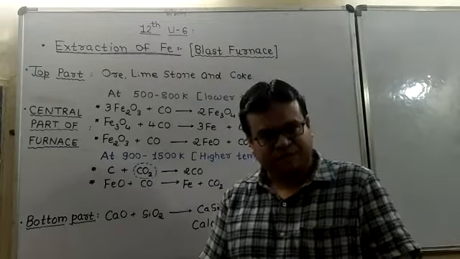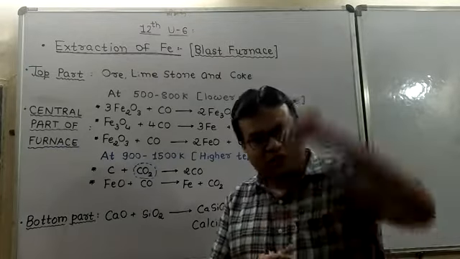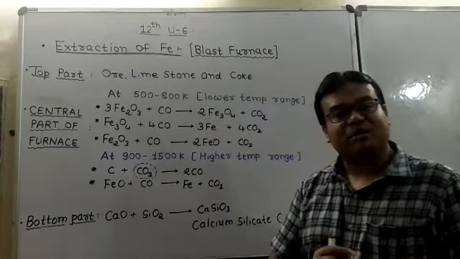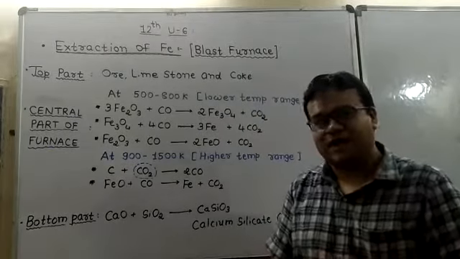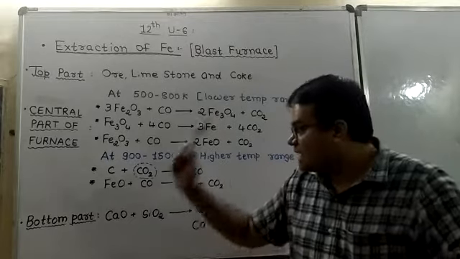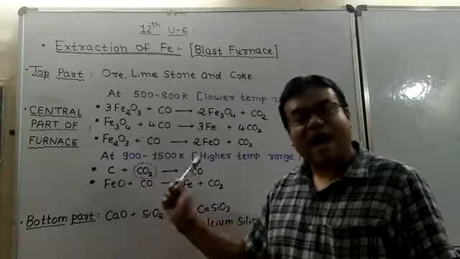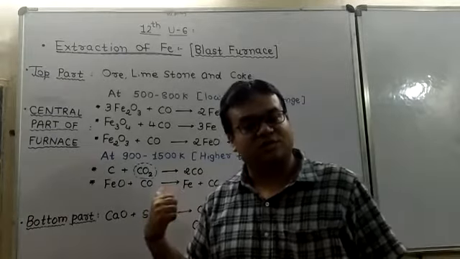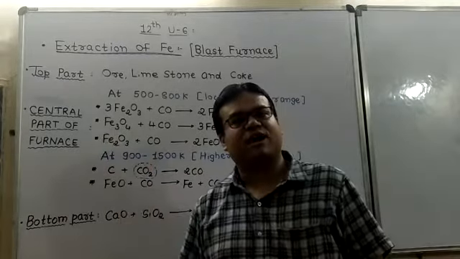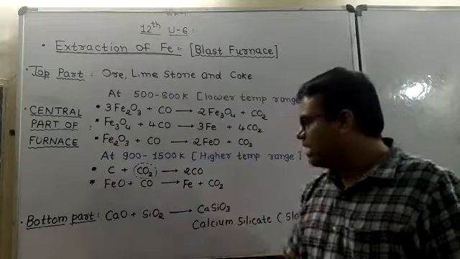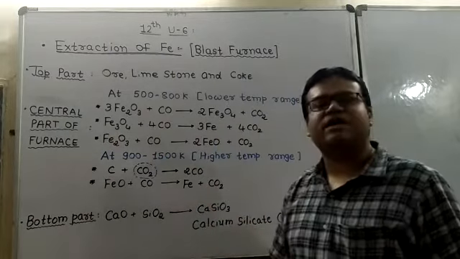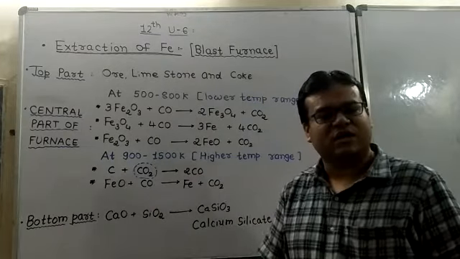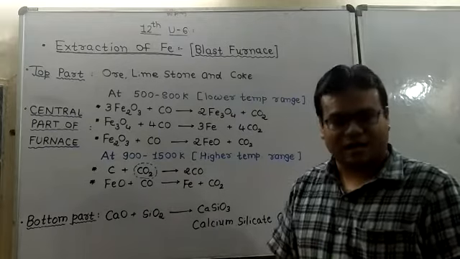Now we know that coke is solid, so it moves under the effect of gravity, and carbon dioxide, being a gas at high temperature, moves in the upward direction. So what happens is that carbon combines with CO2 and forms carbon monoxide. Now this reaction is endothermic and the overall temperature of the furnace drops. By this reaction we have generated the reducing agent, carbon monoxide, and finally it will reduce the iron oxide and we have the metallic form of iron.